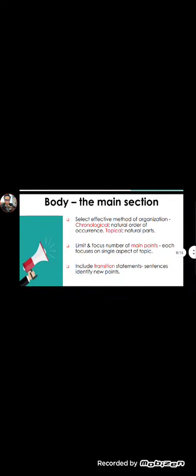We move on to the second part in organizing the speech, which is the main section of our speech, the body of our speech. In delivering the body, we might have maybe 3 parts, or 13 parts, or maybe 30 parts, no problem. But there are 2 types of methods regarded by several authors as effective enough in delivering our speech. Number 1, we call it chronological, and number 2, we call it topical.